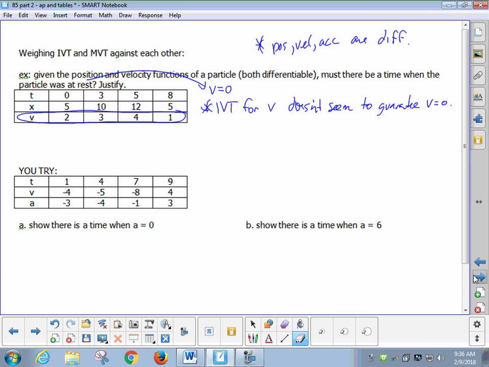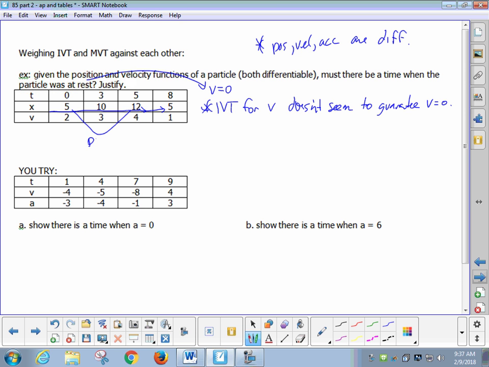Say it again? You go from 12 to 5. Yeah, so you're looking here. I agree, you're on it. Give me more. Okay, so let's go here. Forget V for a second. Let's go here. Wouldn't you agree that if we're looking at position going from 5 to 12, then it seems